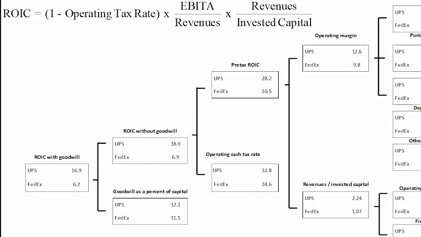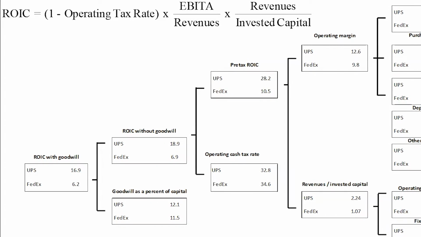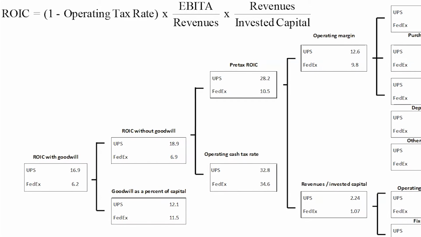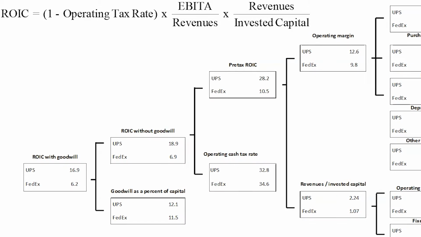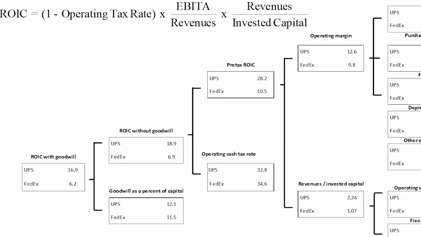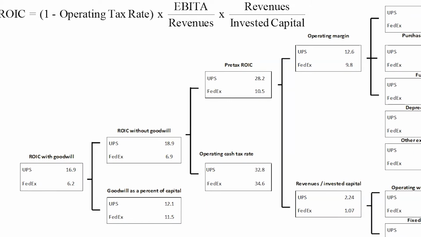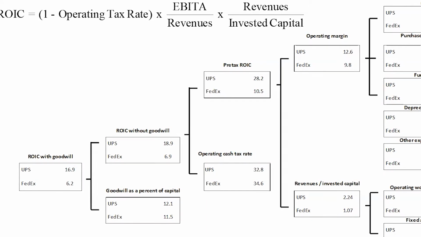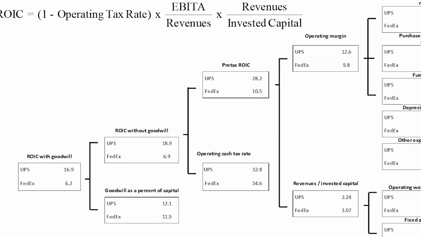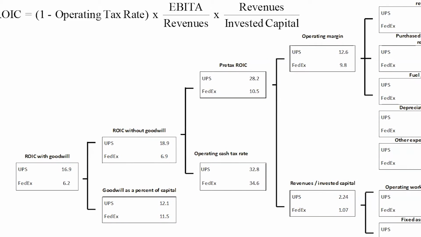Then of course the first thing we do, let's look at it without goodwill. Possibly their operating returns on invested capital are the same, but FedEx has made a lot of acquisitions, and so they have a lot of goodwill and acquired intangibles, and that's dragging down their return with goodwill. So we look at it without goodwill, we take it out of invested capital, we look at just the operating measure, and we see that while that does improve FedEx's return, it also improves UPS's return, and actually the